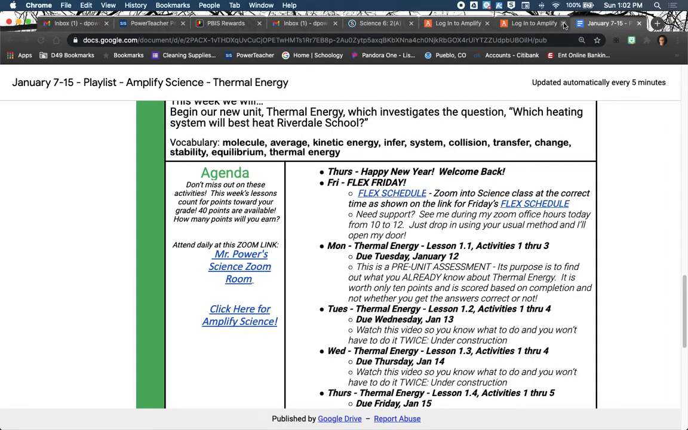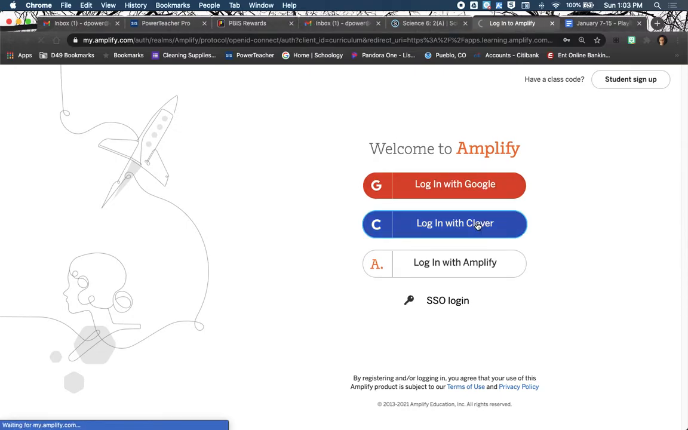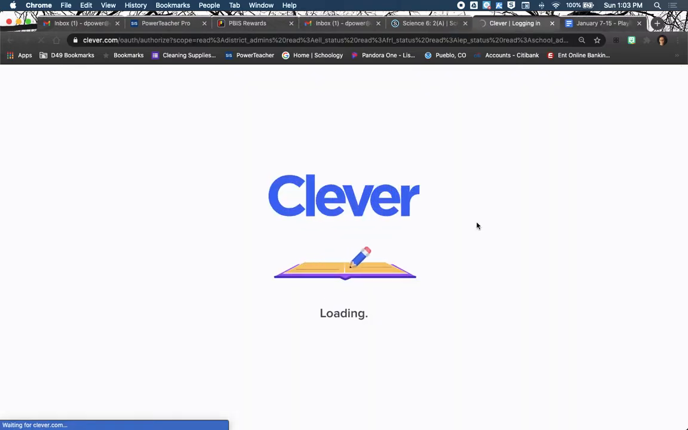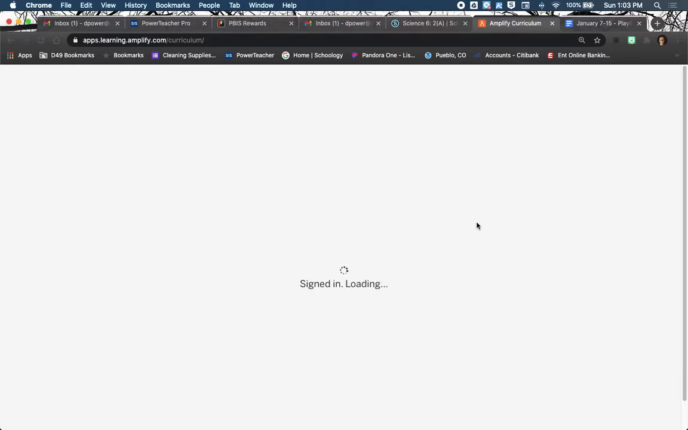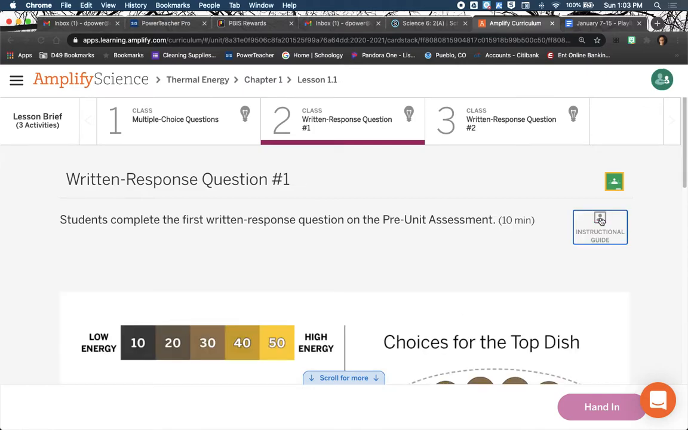So let's use one of these windows. Log in with Clever. Clever will ask, are you in D49? I think I may already be past that. But logging in with Clever is the important thing to do. Now,